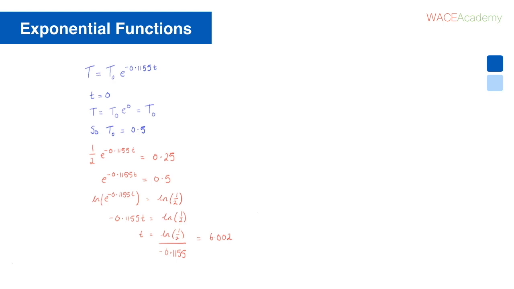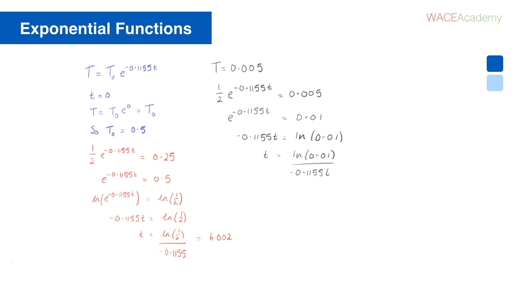Finally, for the third question, we have the exact same method, except this time we're setting up our equation with T equals 0.005, since 0.005 is 1% of 0.5. This means that we follow the same steps. Half e to the power of negative 0.1155 t is equal to 0.005. e to the negative 0.1155 t is equal to 0.01, and performing the same trick that we did before with the natural logarithms, we get that t is equal to ln of 0.01 over negative 0.1155, or, in other words,